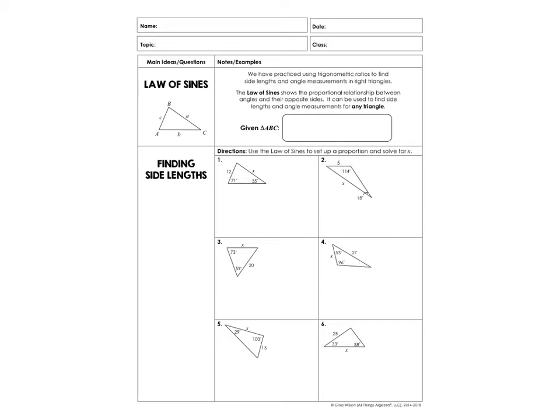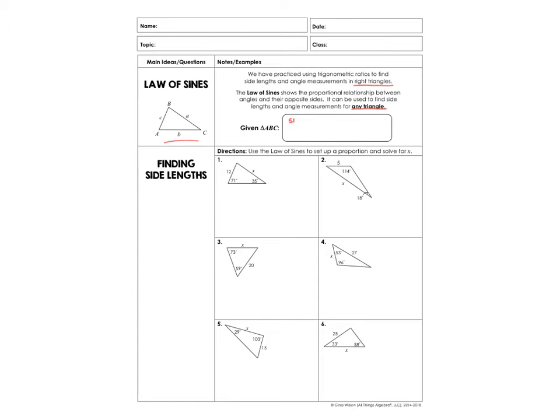Good morning. We've been looking this past week at finding trig ratios in order to find side lengths and angle measurements in right triangles. However, we need to be able to do that in any triangle. So today we're going to look at the law of sines, which will help us find side lengths and angle measurements for any triangle. So, given triangle ABC, this triangle here,